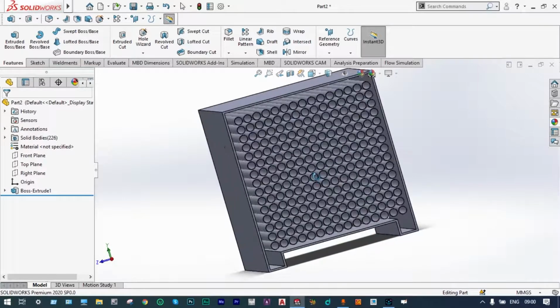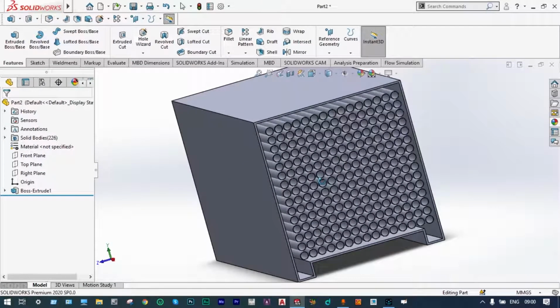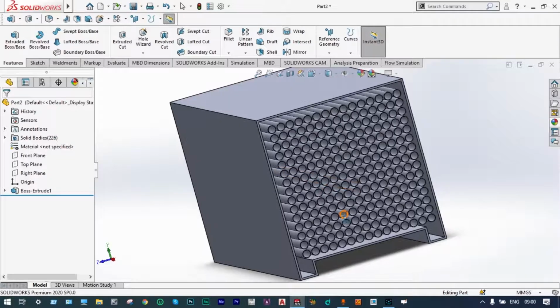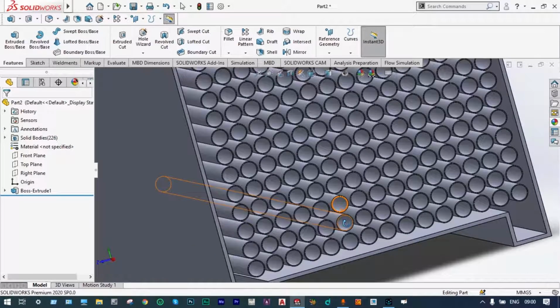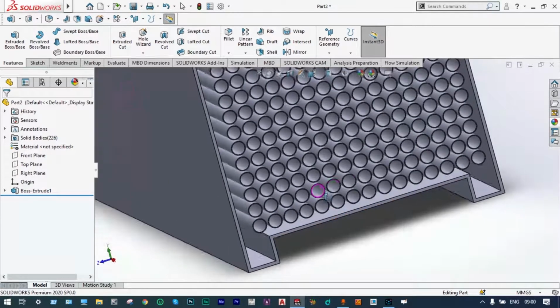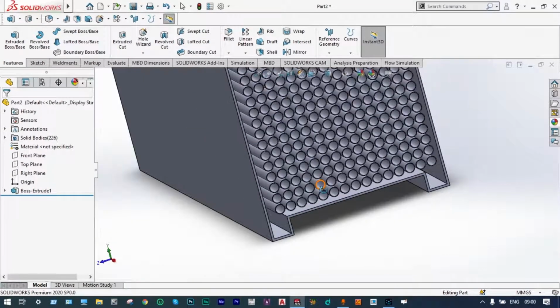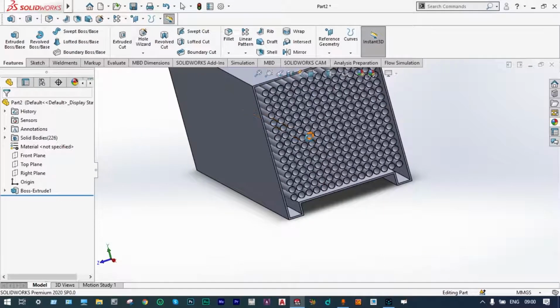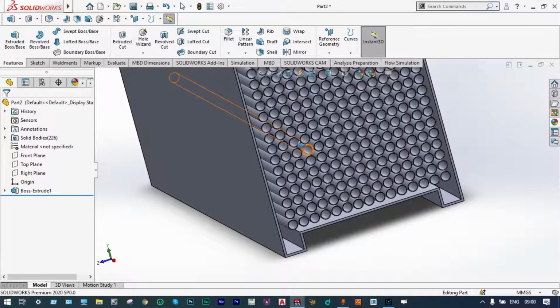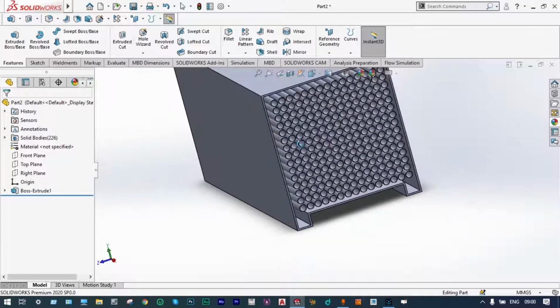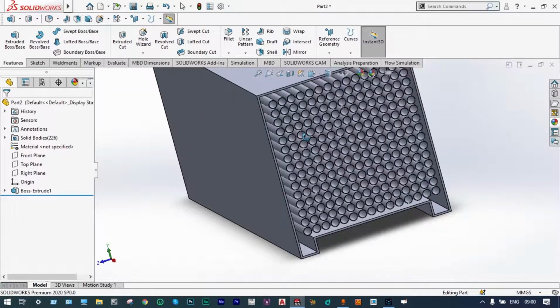You can see here the pipes are actually floating right now. So for this one we have to provide some support for these pipes, right? So we can provide support for this pipe in the form of baffles. At the same time we have to provide support from front and back side also, right? Initially we'll provide support from the front and back side. So for that what you have to do is,